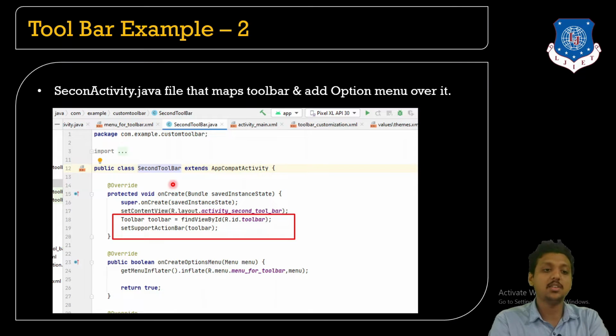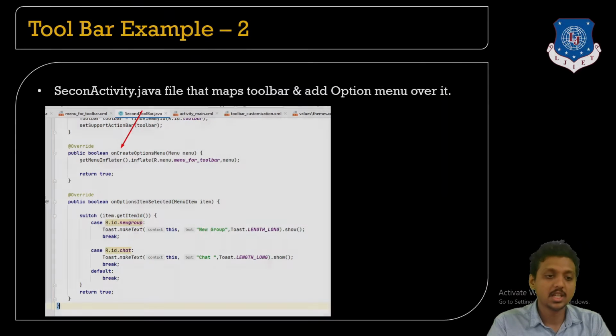Students, this is another way that we can create the toolbar. Here I have just created a Java class where I am going to create the object of the toolbar using findViewById like this, and setSupportActionBar, just write the toolbar. This code is necessary to add the custom toolbar in your activity file. Next, as we have already added the option menu, you need to override a method like onCreateOptionsMenu, get the menu inflater object and inflate the menu for the same. We have already learned about the menu in the previous lecture. If you are not aware of it, then please watch my option menu video lecture.